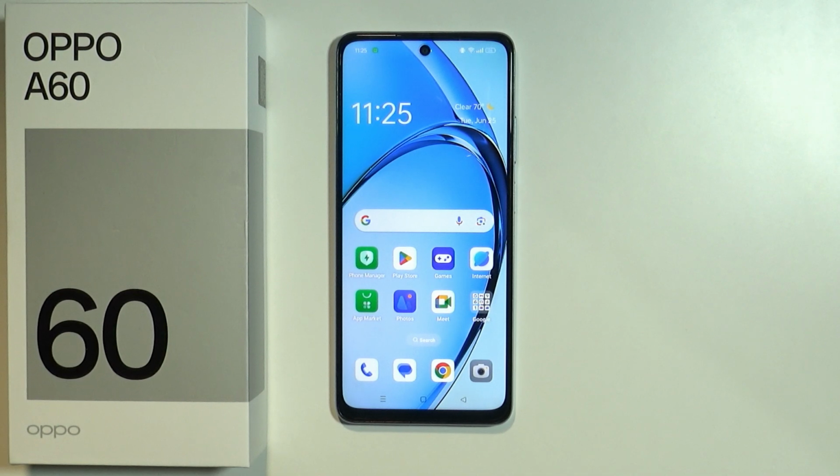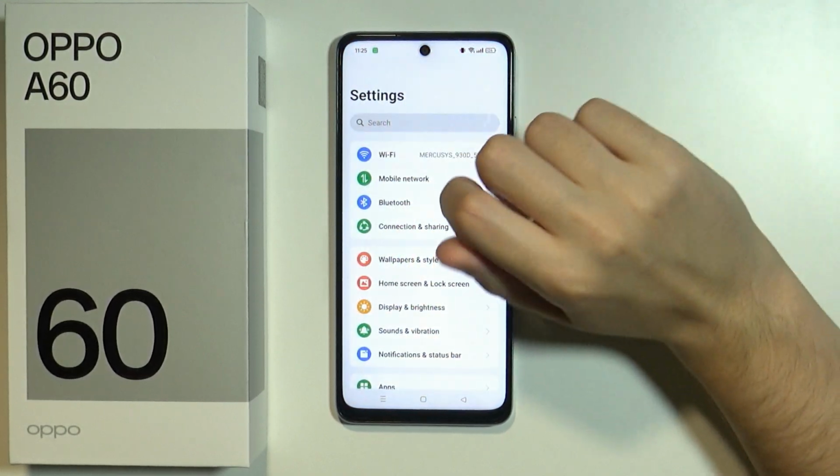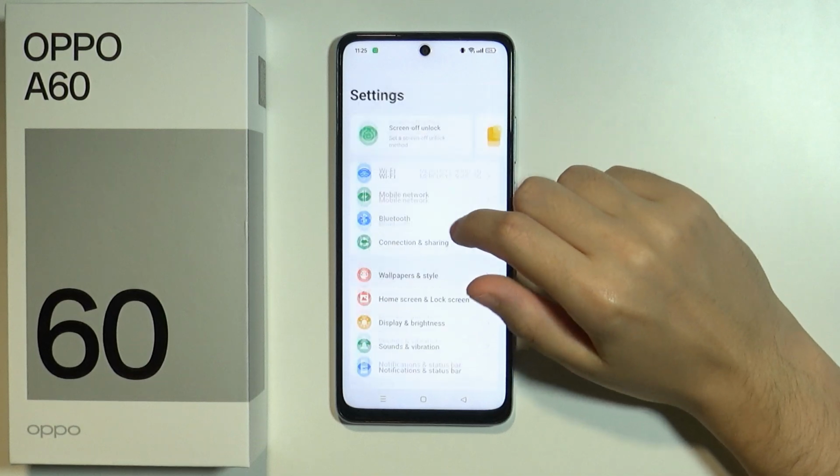Hello, in this video I'm gonna show you how you can find sound settings on OPPO A60. To find them, we need to open the settings. In the settings, you want to scroll down until you find sounds and vibration, which should be somewhere pretty much